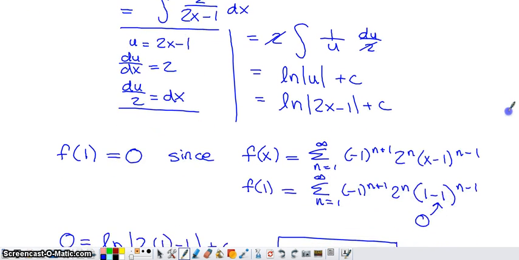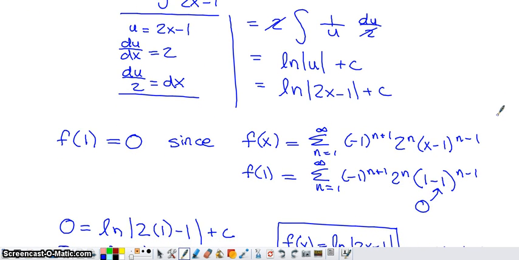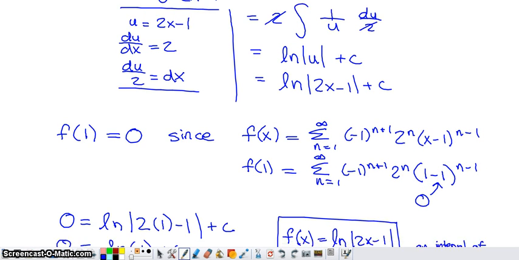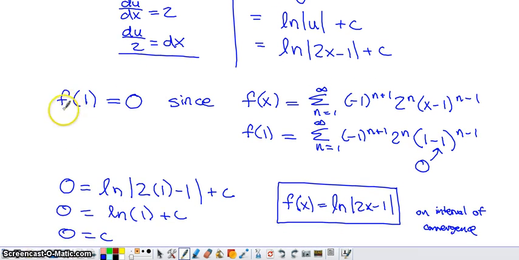Now the last little thing that we want to do here is figure out what the value of c is. We can actually figure out what f of 1 is because it's really easy to take the series that we started with. They told us that this series is going to converge to the function f of x on the interval of convergence. So if we want to know what f of 1 is, all we have to do is put 1 in place of x in the series. And if we put 1 in place of the x in the series, that's going to give us a bunch of zeros, right? So this base is 0 when x equals 1,